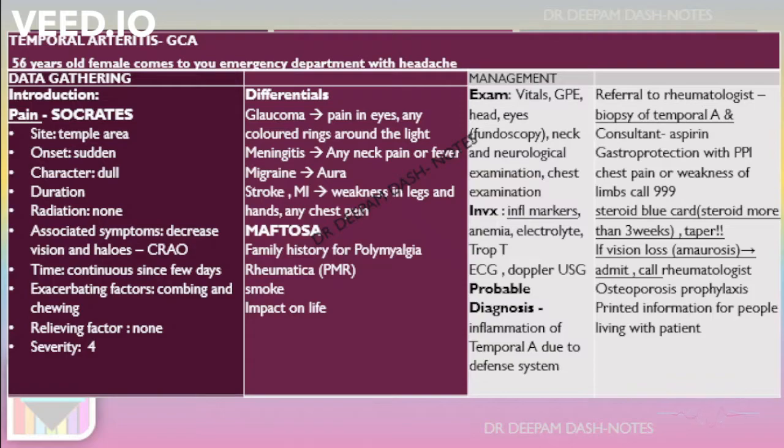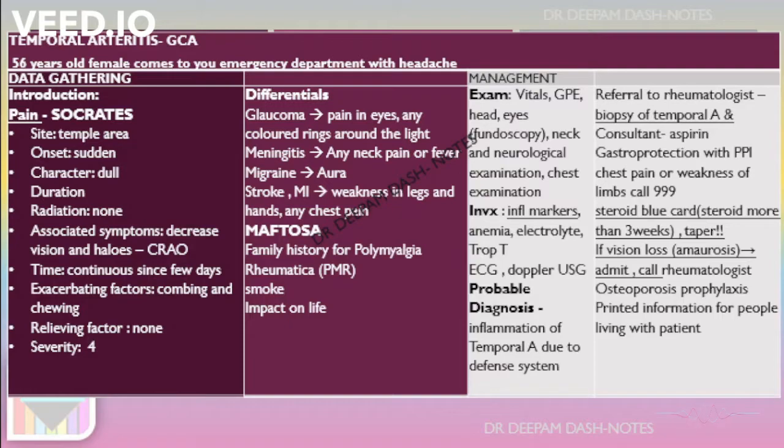The patient might have eye complaints whereby the patient would say that they are having decreased vision or halos. Some of the differentials are glaucoma, meningitis, migraine, stroke. In MAFTOSA, there are some of the components that are important, such as the family history, smoking, and the impact on life. In the management,